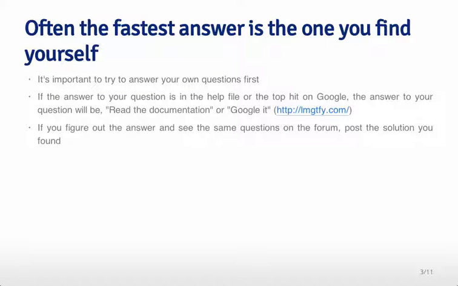It's very clear that the fastest answer is often the one that you find for yourself. So to try to answer your questions yourself, you should try to look it up on Google or look it up on Stack Overflow. If you ask a question that's very simple to Google, you'll often get a response that says Google it or read the documentation, which is not the easiest way to get the answer that you're going